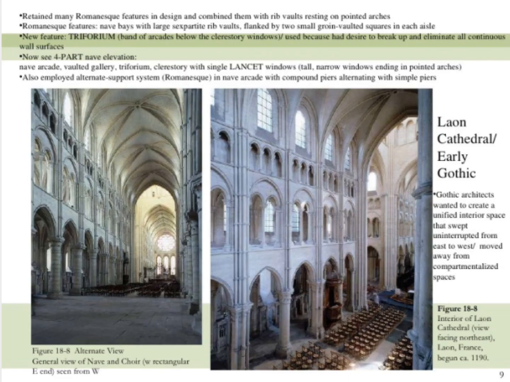Here you can see the interior of the Leon Cathedral. It is a 4-part nave elevation with a single side aisle. So you've got the first lower level side aisle. Then you've got another arcade above it in which people stood and listened and worshipped. The third level is called a triforium. It is a false level. There's no way for anybody to stand there, but it gives the illusion of the walls being taller.